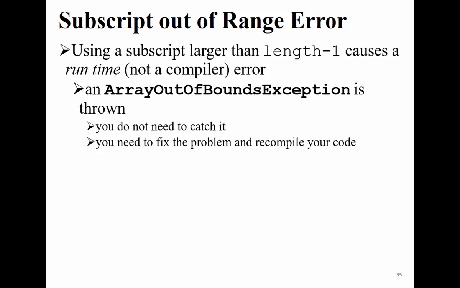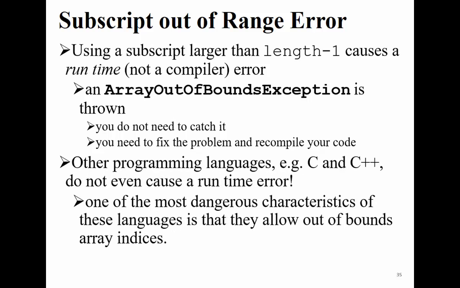Subscript out of range: if you try, Java gives you this opportunity. Other languages, like C++ or C, don't have this. They allow you to access the next memory, but Java will prevent you from accessing any element that is out of bound of the array. This raises an exception called ArrayIndexOutOfBoundsException. It's very meaningful, to let you know that you are trying to access an element that does not exist, and this happens only at runtime. So you can see this exception not at compile time, but at runtime.